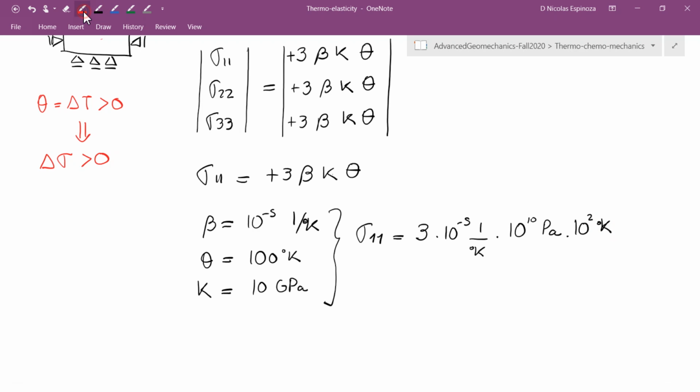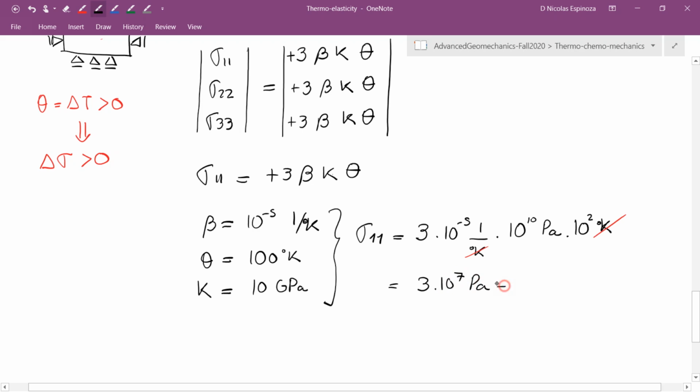And after we can get rid of the Kelvin, and you see we just have pascals over here, and this is going to be equal to, in this case, 10 plus 2, 12, minus 5, that's going to be 7. So this is going to be 3 times 10 to the 7 pascals,